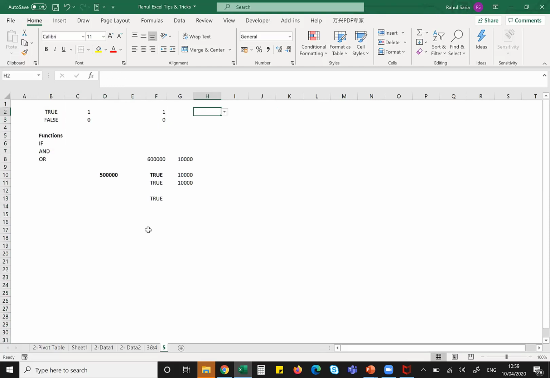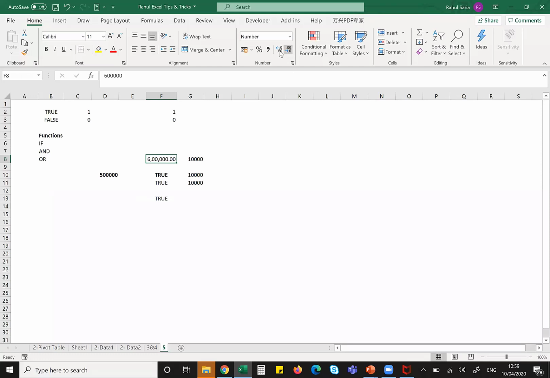Suppose there is a number, you can see this number. Now this number is not readable, right? It's very difficult to read this number. Now how do I get that comma format? I can go and click on this, or I can press Control Shift 1. If I press Control Shift 1, it will convert into number format. You see the number has changed to number format, but the problem with this is that it will always give two places of decimal. Now how do I remove those places of decimals?